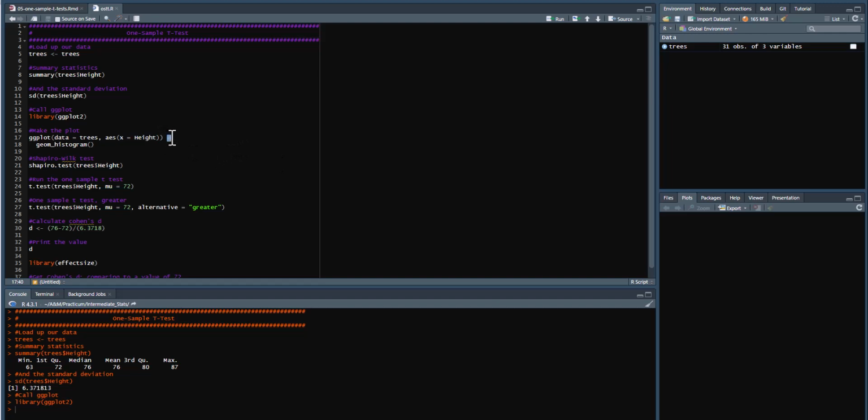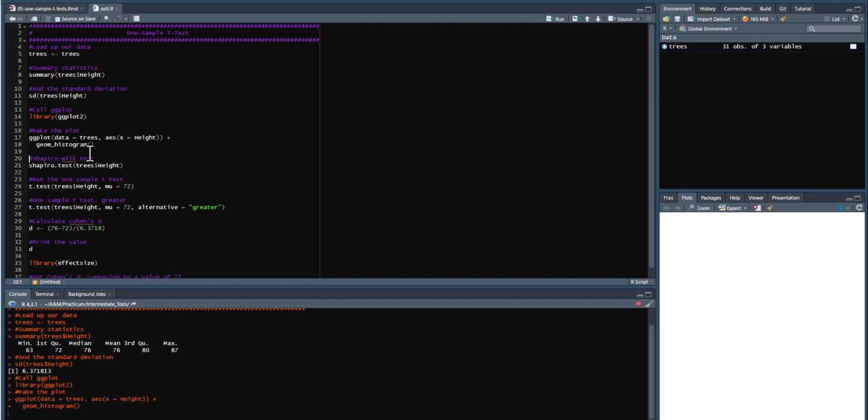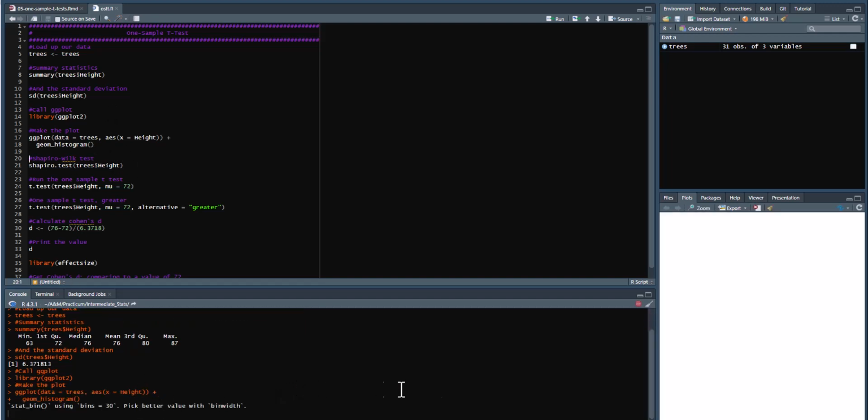And then we have a plus sign because we have another function that we're going to use, and we're going to say we would like you to please make a histogram. So we use geom_histogram right here, and we don't have to put anything within those parentheses. The parentheses have to be there, but we don't have to put anything in there at this time. So once we have all this, we'll go ahead and run it, and over here in our plot window,